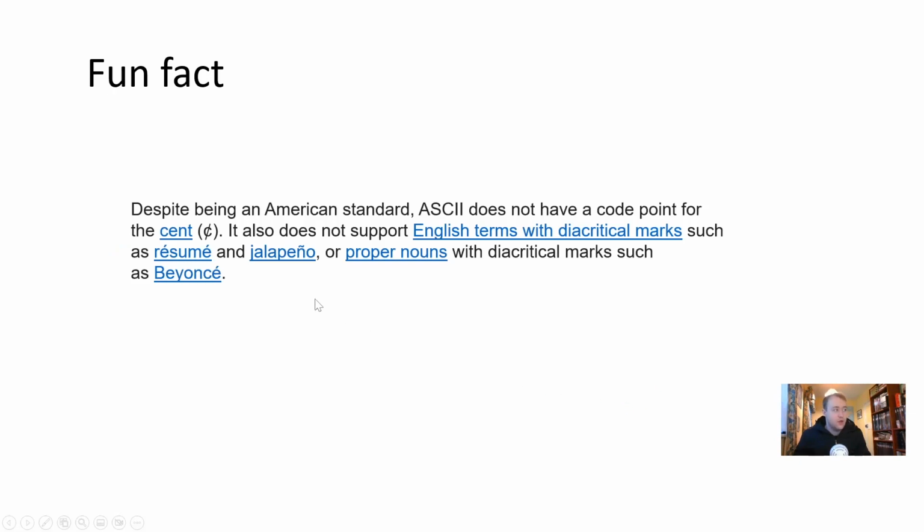Fun fact, despite being an American standard, ASCII does not have a code point for the cent. It also does not support English terms with diacritical marks such as